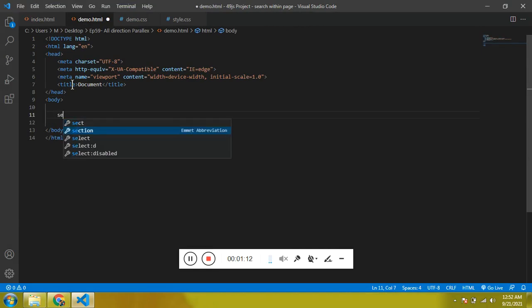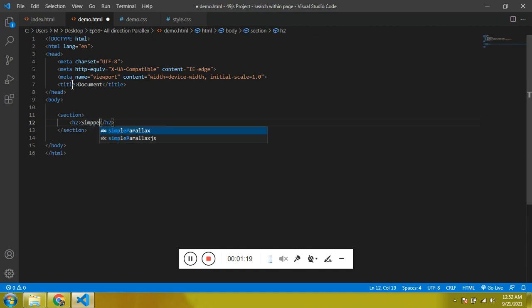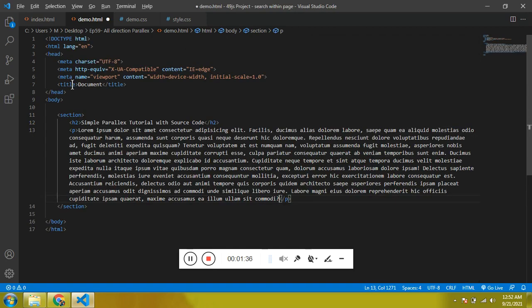Now what I need is a section, and then an h2 heading, simple parallax tutorial, of course with source code. Now we need a paragraph, lorem ipsum, which is going to be of 160 words.